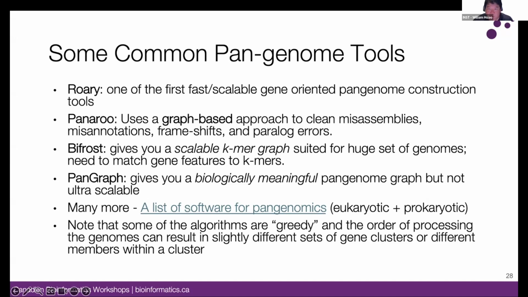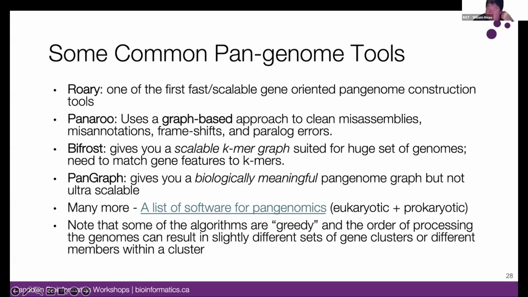And it's still in use, quite popular today, but it's not really maintained. So there's an improved version called Panaroo, using a graph-based approach to clean misalignments or misannotations, frameshifts, and other errors. That also does the gene-oriented